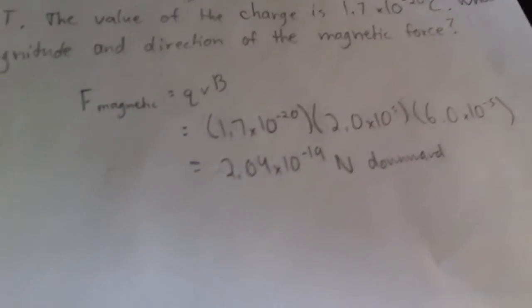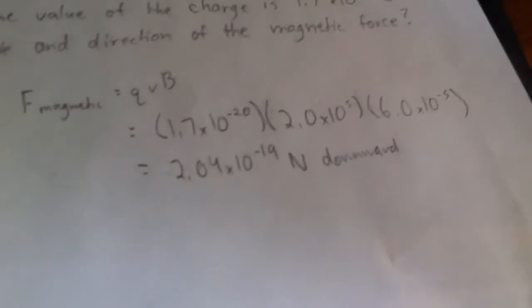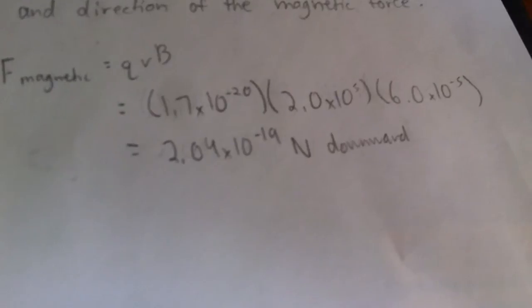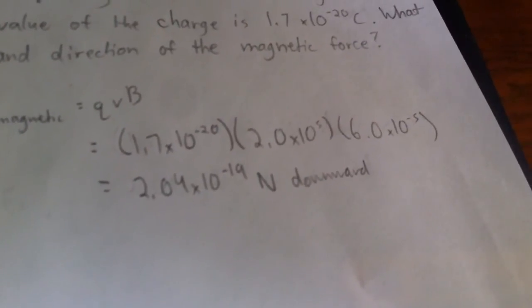Alright, and lastly, why is this magnetic force not performing any work? And the answer is because it is perpendicular to the charge's motion. It's not directly acting along the charge's motion. It's not parallel. It is perpendicular. Therefore, it is not